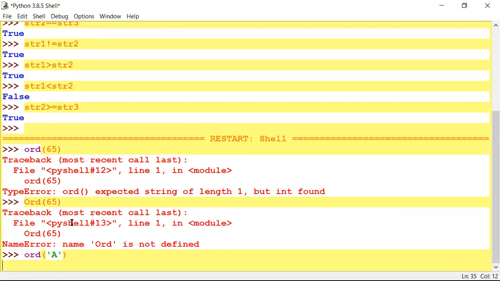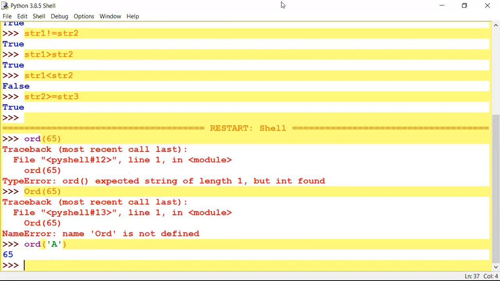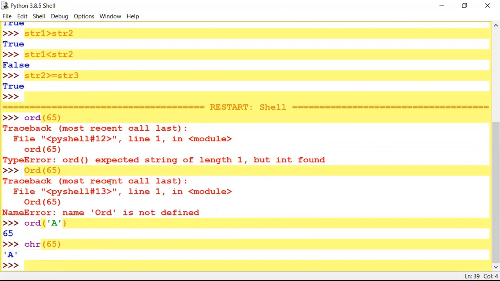We have to write CHR with 65, and that will display A. See, ORD with a value will not accept it, that's why it is showing an error. If I write ORD with capital A, the value will be displayed.